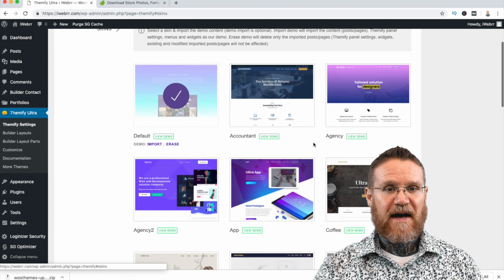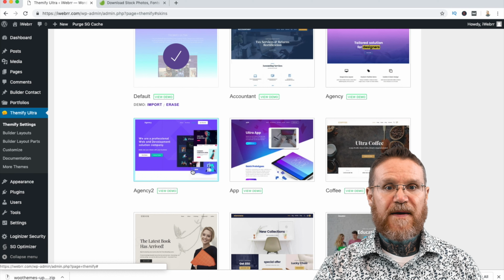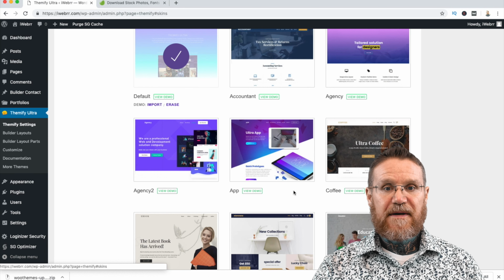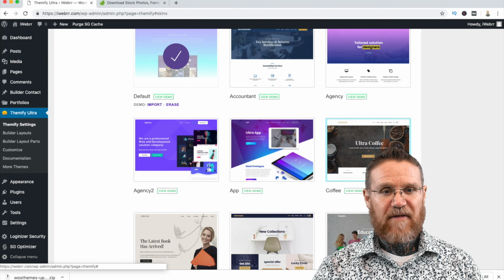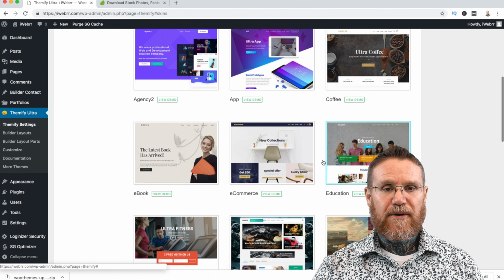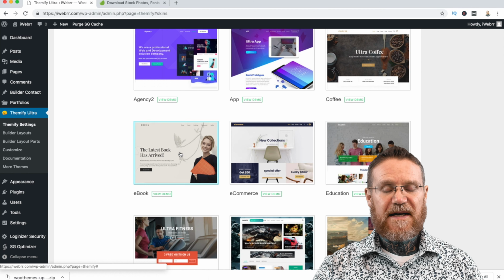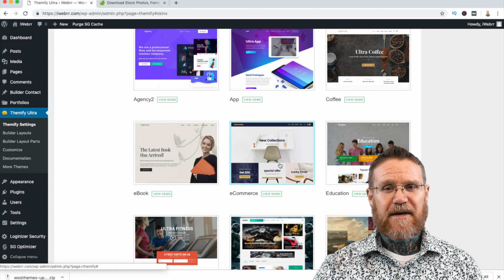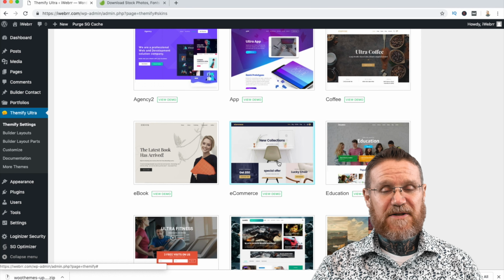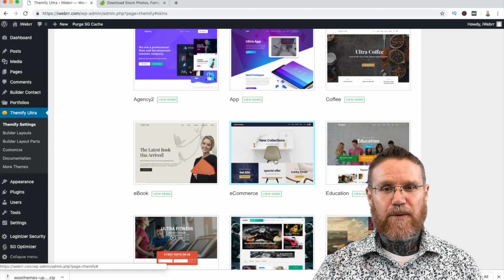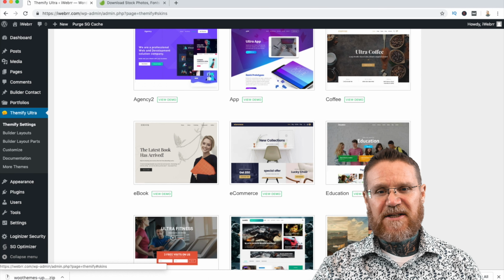Moving right along, they have an agency version 2, an app skin for app landing pages, a coffee theme for coffee shops, an ebook skin if you're an author, and an e-commerce store skin. Of course, you have to add additional plugins for that, and we'll talk about that later in the WordPress e-commerce tutorial. We also have an education theme,